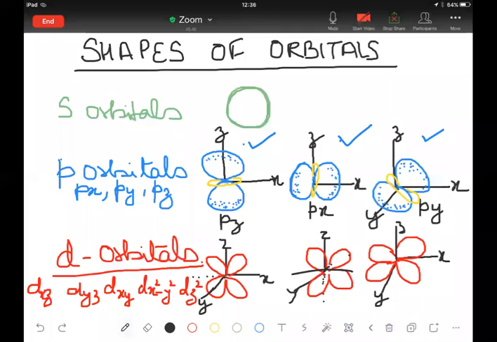All right, then comes the d orbitals. So how many lines were there in the cluster of d orbitals? 5. So which means that there are 5 orbitals in the d subshell. And if there are 5 orbitals in the d subshell, then you can understand how they are arranged. Very tricky to understand, but once you understand, take the 3 axis.